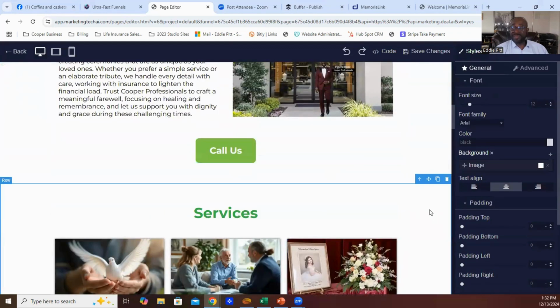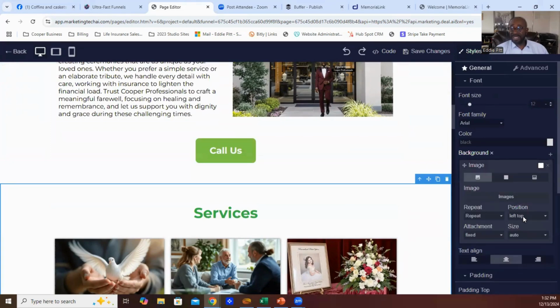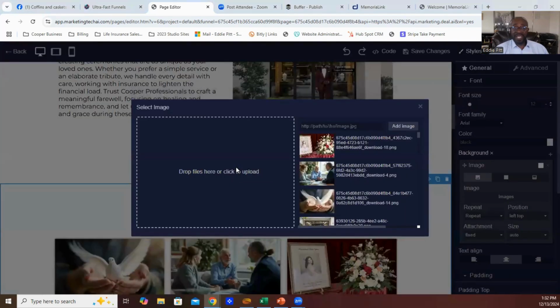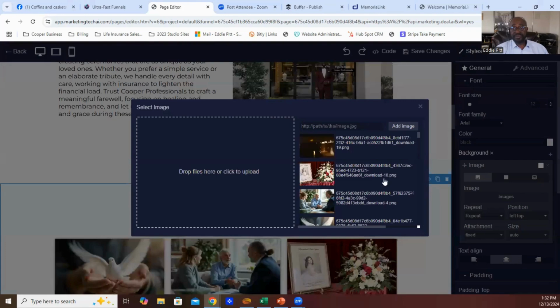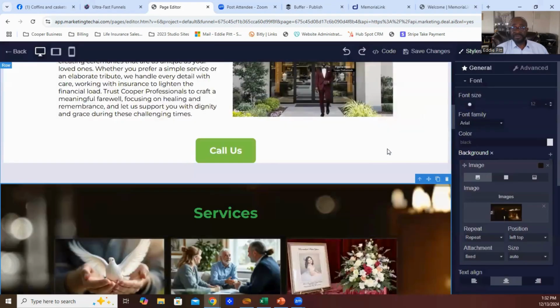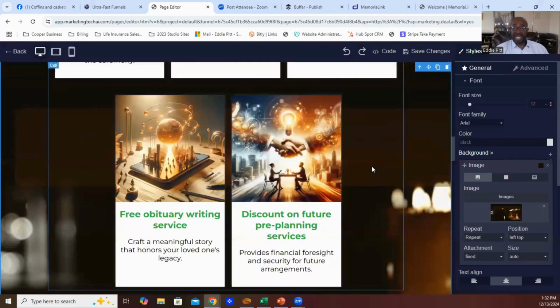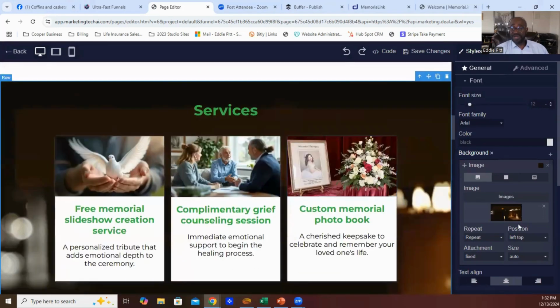If you like, you can change the background. Here we go. Image, background, image. Click on image, and you can throw an image in the background. Again, there are a lot of options for images in the background. You have to be careful because you can't just put anything back there. But something solemn sometimes will do really good. Let's see what this looks like. Not bad.